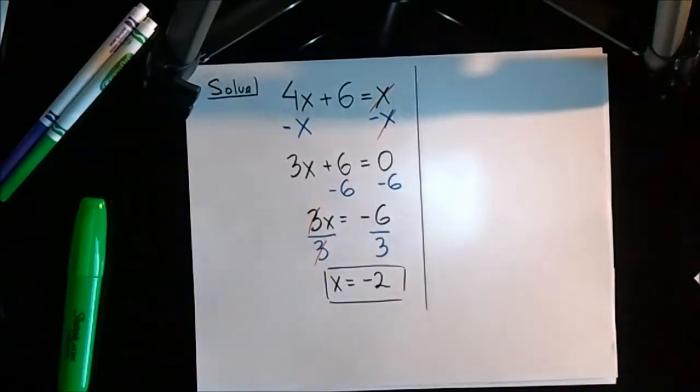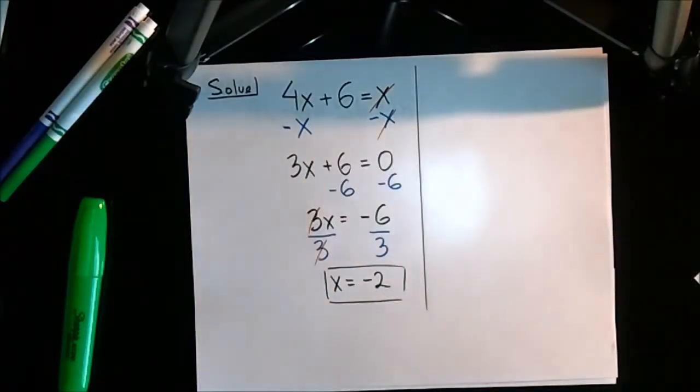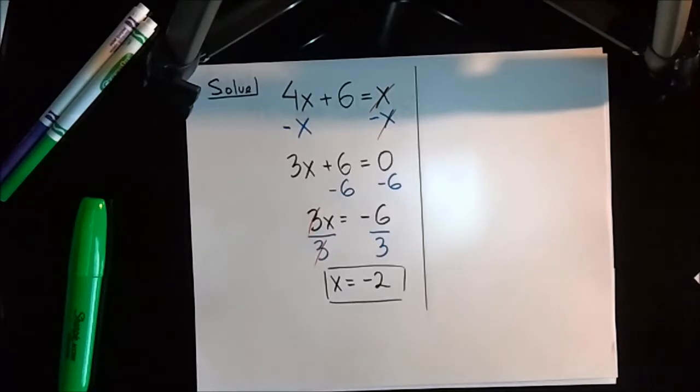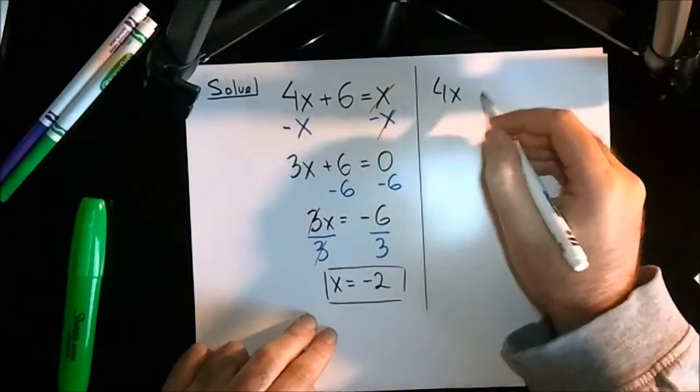And that's it. You're done. That really wasn't that much different than what we've done prior to this, except, instead of subtracting a number from a side, we had to subtract the variable from one side in order to get all my variables on another side of the equation. Now let's take a look at what this looks like if I choose to keep my x